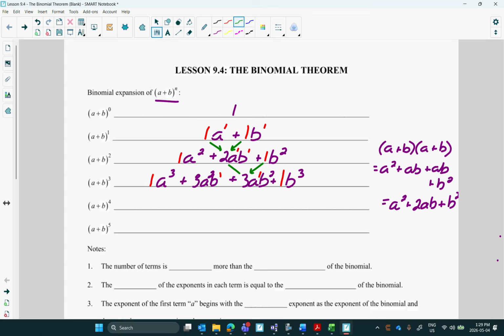Look at what's happening here. You go up to the 2 previous terms that's in between, and you add those coefficients. So if we follow that pattern 2 more times,